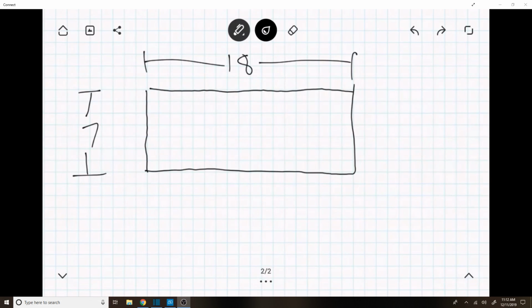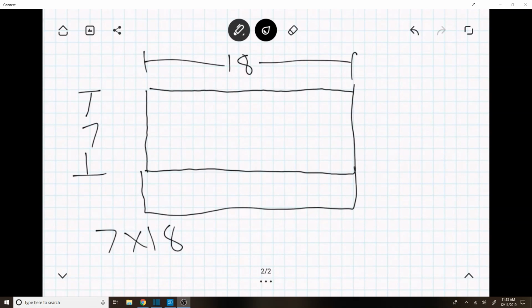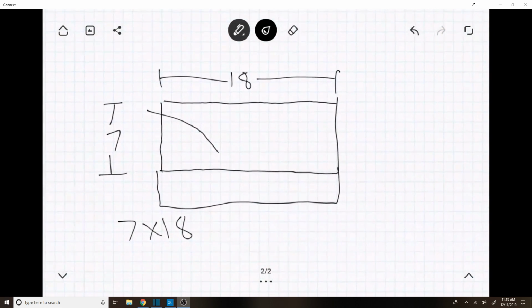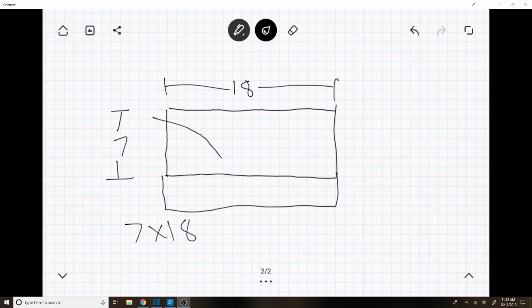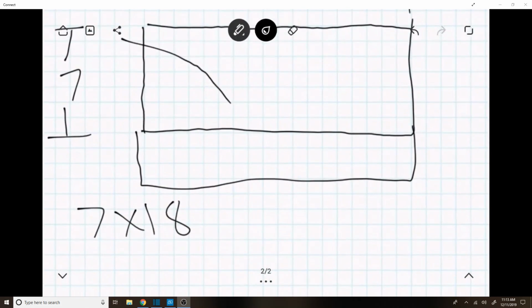Okay, so let's say we were looking at the one that we did the subtraction on. So if we had this little extra chunk on here, we had 7 times 18. I'm just gonna move this down a little bit and see if it lets me. There we go. Okay, it looks like, no, it won't let me move out. It'll just let me zoom in. Okay, well, that'll work. So we got 7 times 18,